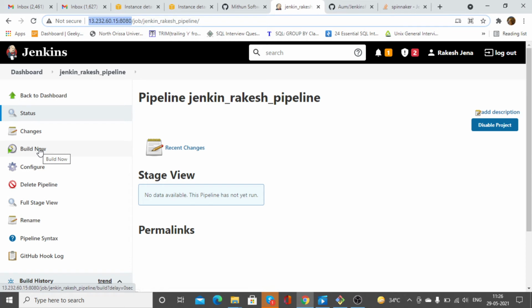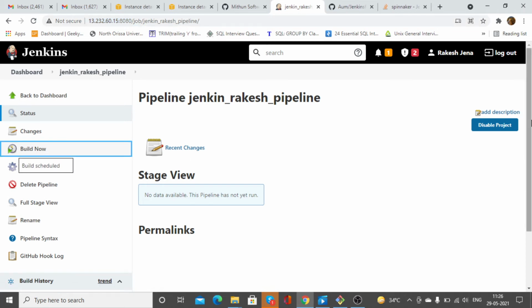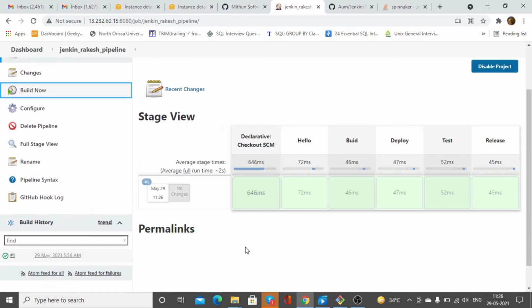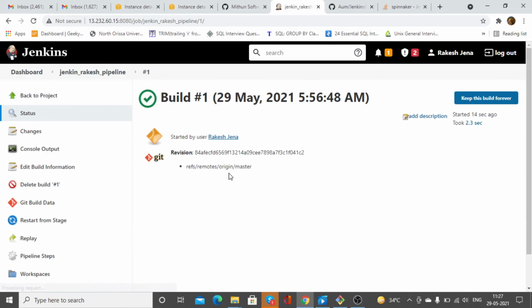For now I am clicking on build now, okay. See, after clicking on build now you can see the job has been triggered, okay. If you click here you can see started by user Rakesh Jena, because the username is Rakesh Jena.